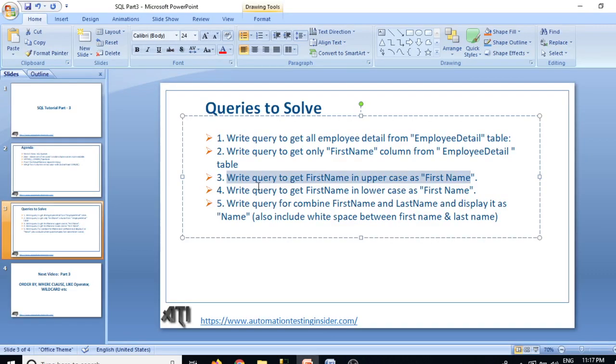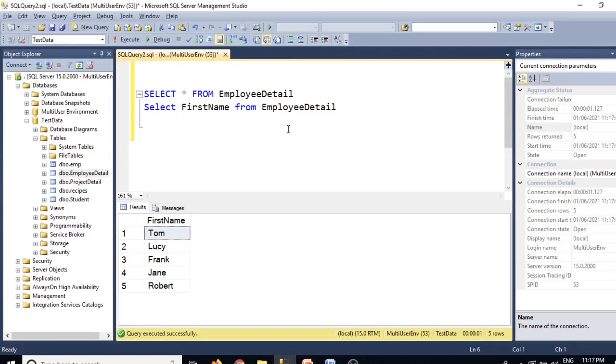Let's write that. Write a query to get first name in uppercase. So select, we have a function. Like in any other language such as Java, JavaScript, .NET, we have functions in SQL as well. We have a function called upper. You can see in the drop down it comes in suggestions.